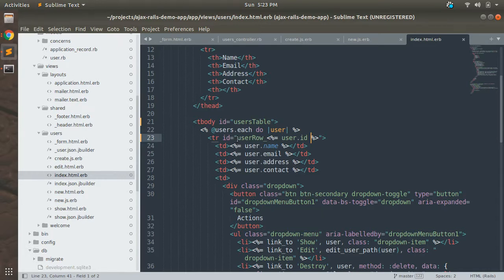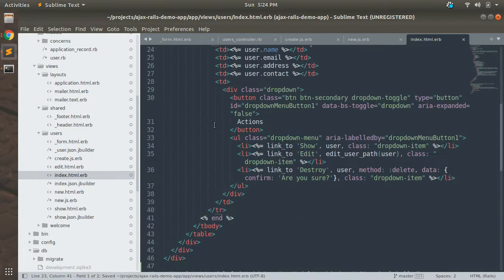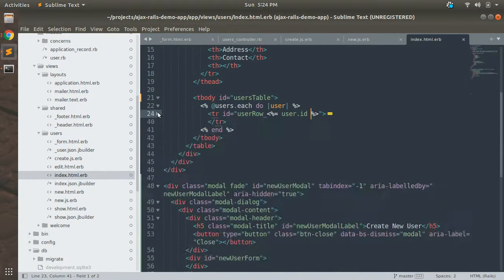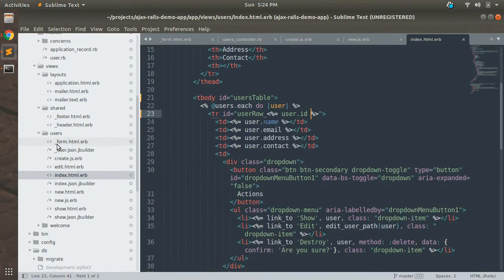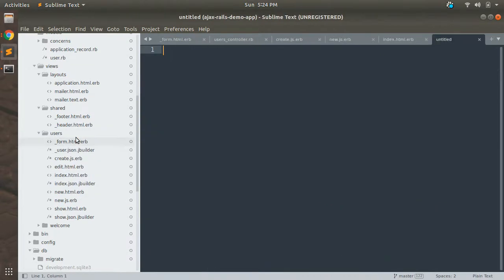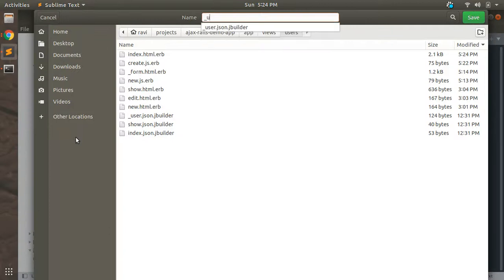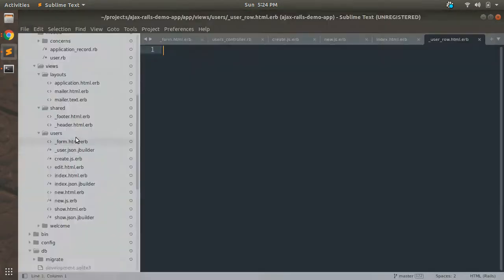Now what we need to do is create a partial which will contain this single row. So let's create that partial first. The partial name should be user row.html.erb.